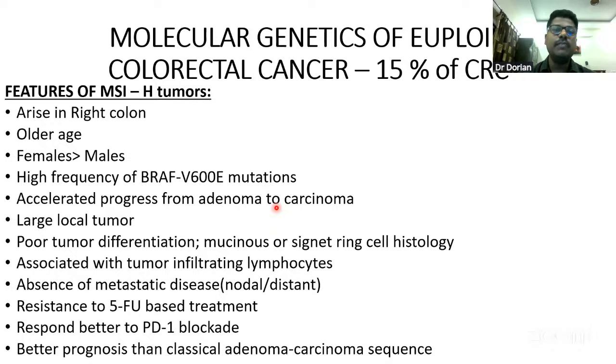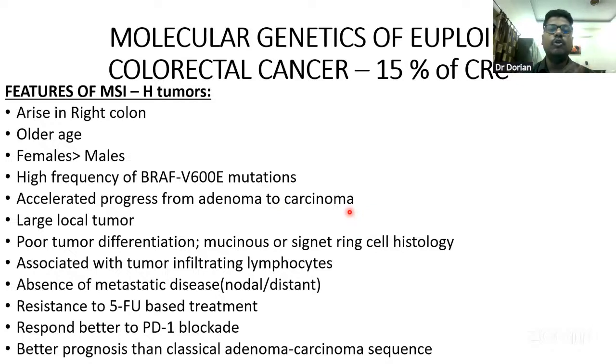Okay. The same thing cannot be applied in HNPCC. In HNPCC, the initiation of the adenoma is what is delayed. Patient will get adenoma only by the age of 40 or 45. You don't know if he is having mismatch repair gene defect at all. You cannot screen all the persons in all the world for HNPCC. Persons will get adenoma only by the age of 40, but once after getting, there will be an accelerated progress to carcinoma. So most commonly, these HNPCC patients present to us with carcinoma, whereas the FAP patients present to us